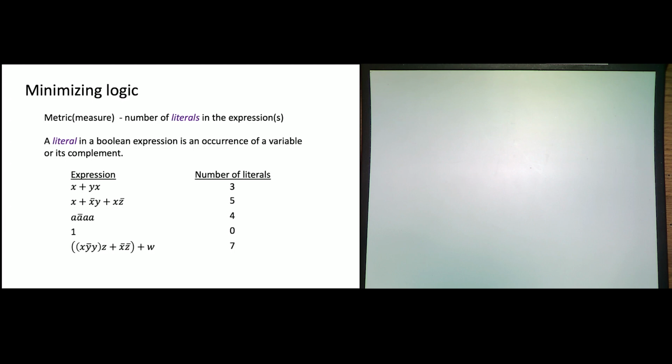Okay. So obviously some of these aren't as simple as they could be, right? In particular, this one could have been just equivalent to 0, so we could have had 0 literals. But we're just measuring the expressions as they are. And what we're going to do is try to minimize the number of literals. Because if we were to build a logic network directly from these expressions, without simplifying them, each one of those literals would be a gate input.